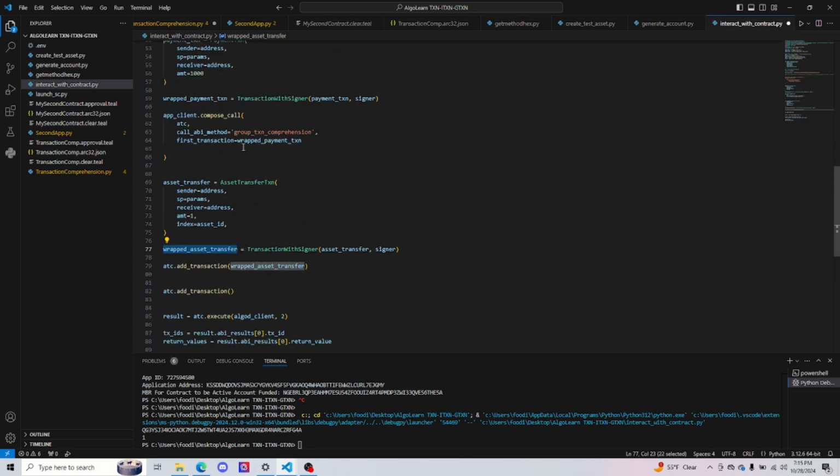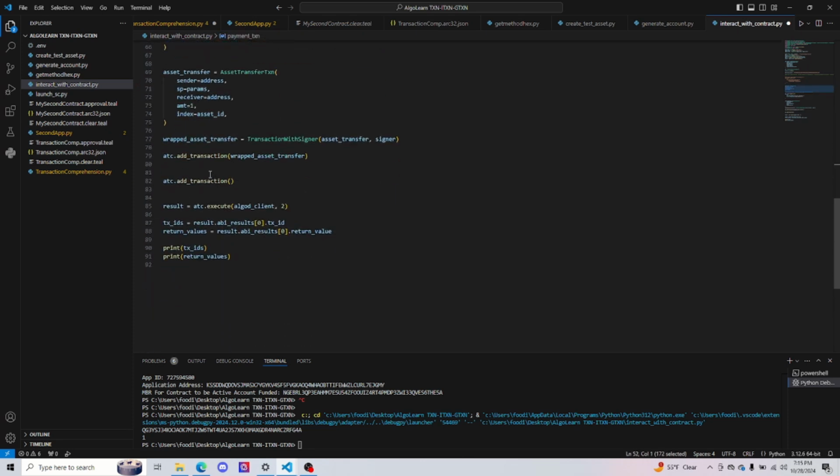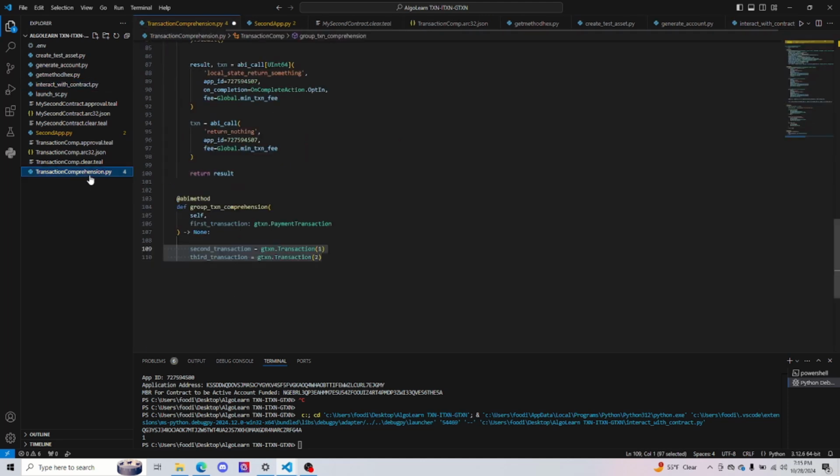And then we're going to pass in another payment. So we'll just copy this payment that we just did and place it right before the last add transaction function. And we'll just have this one be for 2000 so we don't get a duplicate transaction error. And we'll pass in the wrapped payment transaction here. So now that we have a group with 3 outer transactions in addition to the application call, we can now